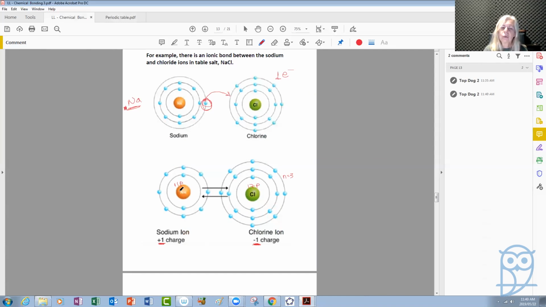So they come to a distance at which both of them are in equilibrium. Both attractive and repulsive forces are at equilibrium. That means they do not experience any net forces anymore. And the system becomes stable and the two join together, as we said, because of these electrostatic forces that exist